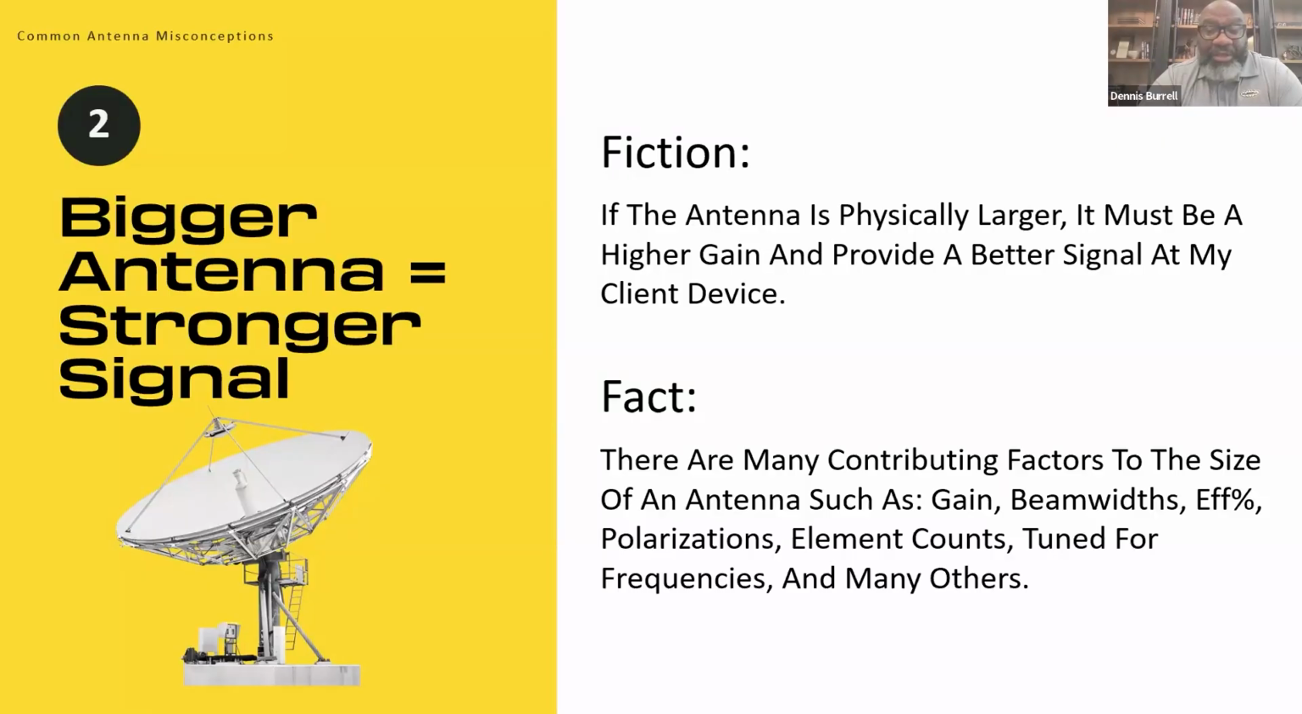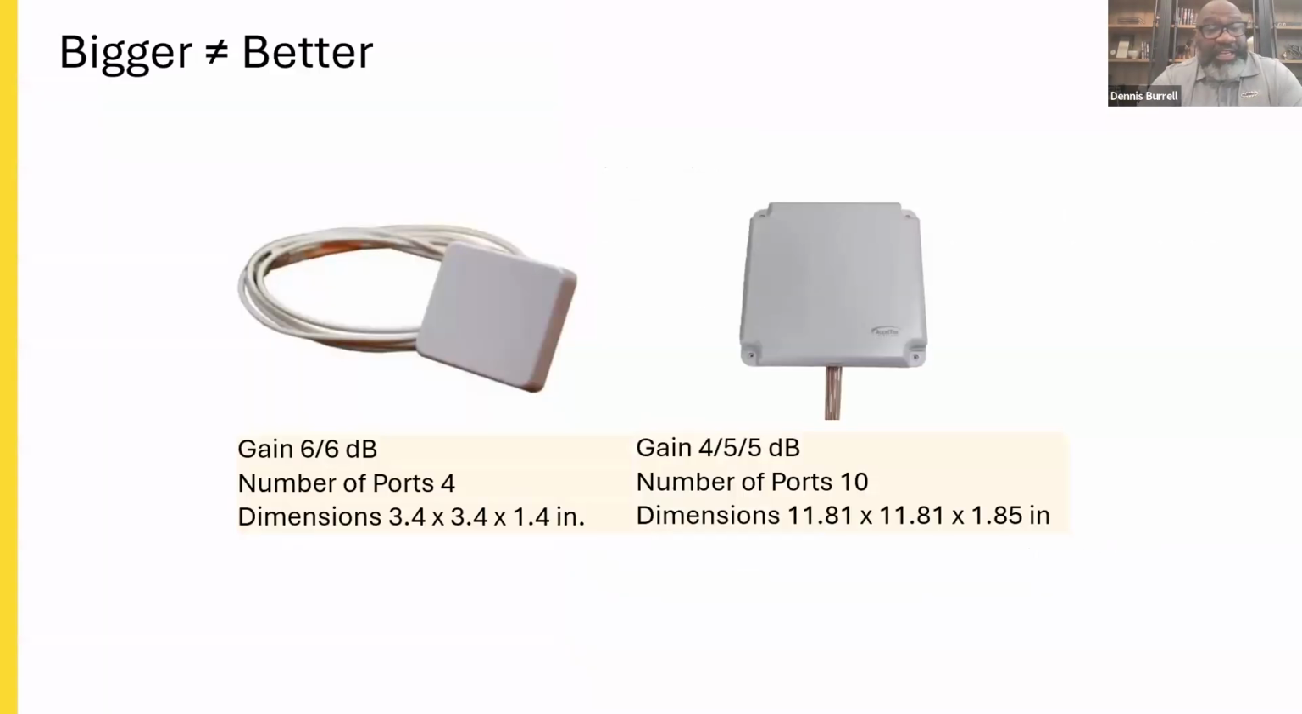I had mentioned some of those earlier as far as important parameters like that, the gain and the beam width. So just to give you an idea, you're looking at two antennas with somewhat similar gains. The antenna on the left is what we call our small form factor line of antennas. That's what we call our femto patch. It's a 6 dBi antenna compared to